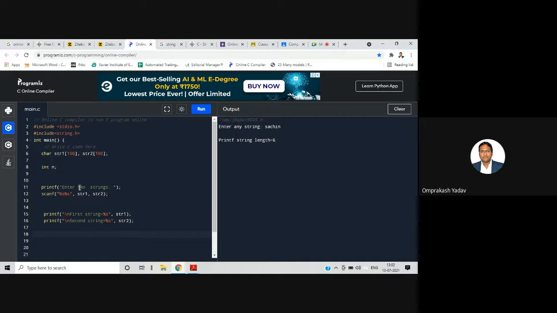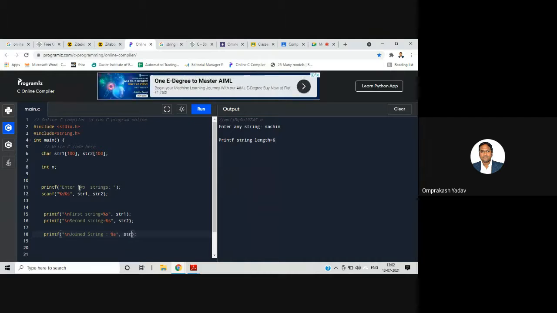Now we're going to join both the strings. So I say printf("joined string %s"), and here I am calling strcat on str1 comma str2.